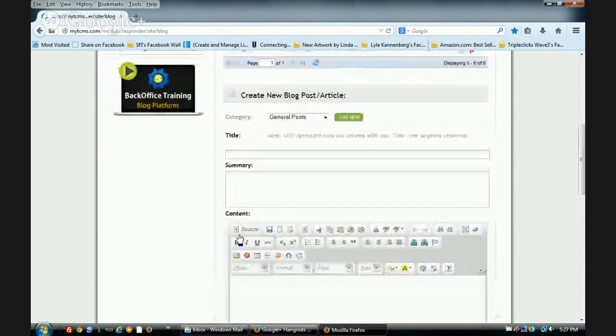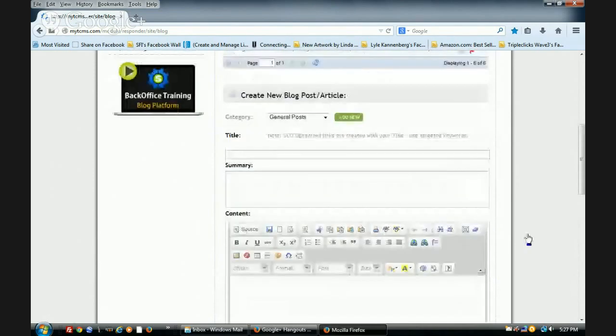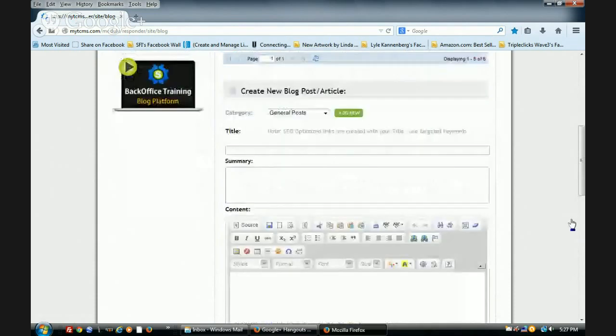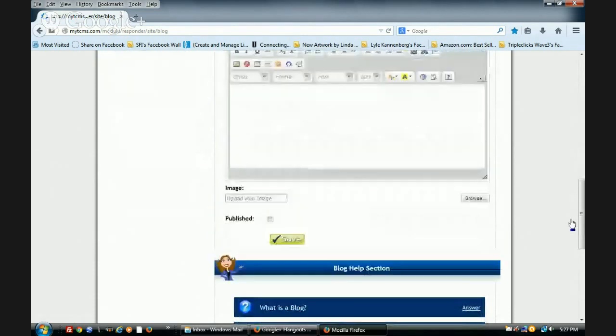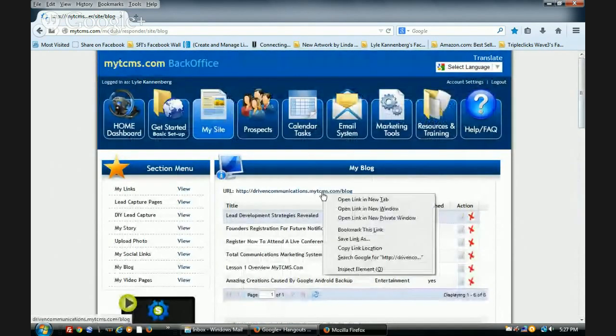Alright, now it'll disappear. See, now you can start a new post if you want, or you can go back in here, check your category to make sure things are entered in the right categories. Alright, now go visit and see if it's published. So if I go to my blog,